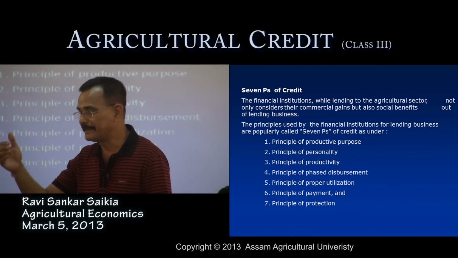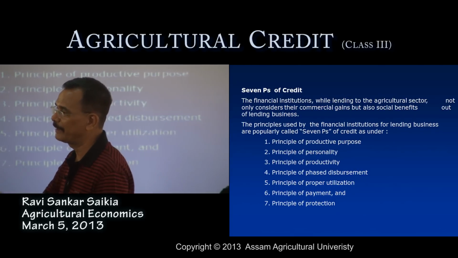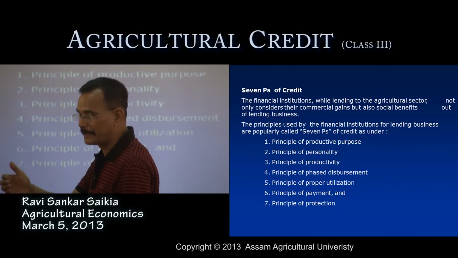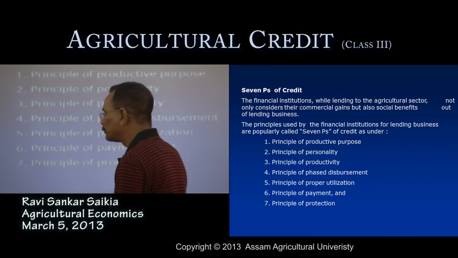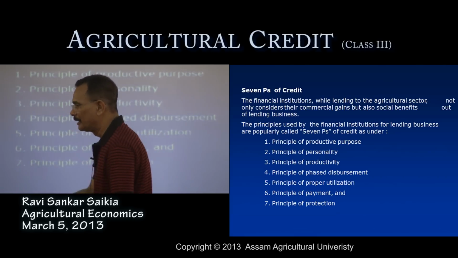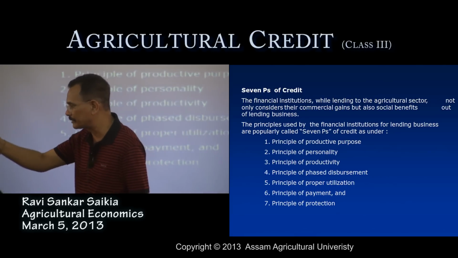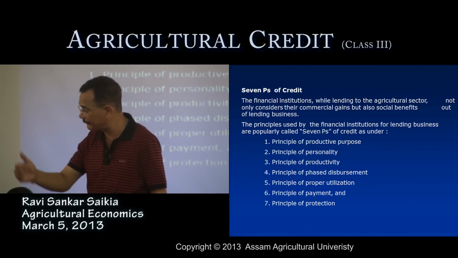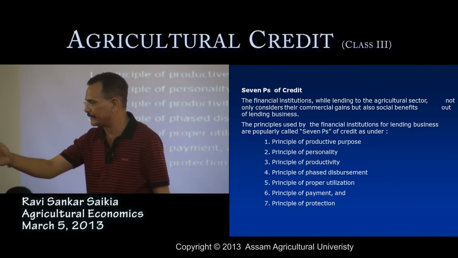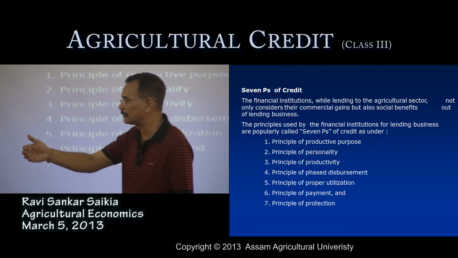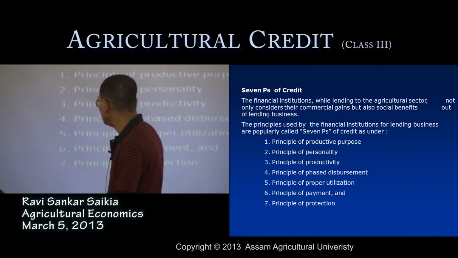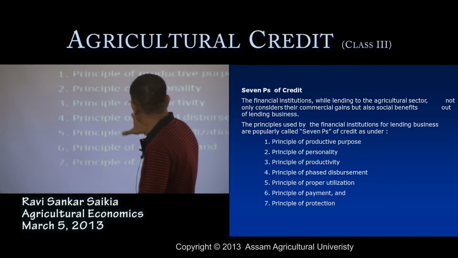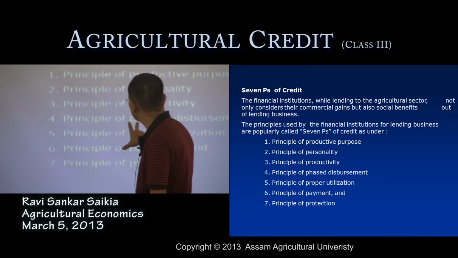In our economy, 70 to 80% of the people are farmers, related to this type of occupation. So, to gain social welfare or social benefit at a socially desired rate, the advancing of loans to the prime sector is generally related to this. So, we consider all these things in these 7 ways.